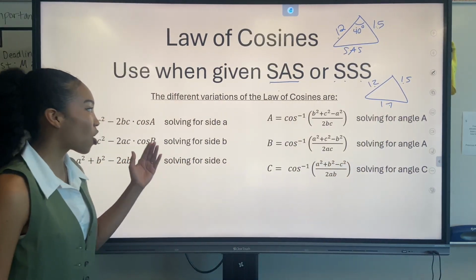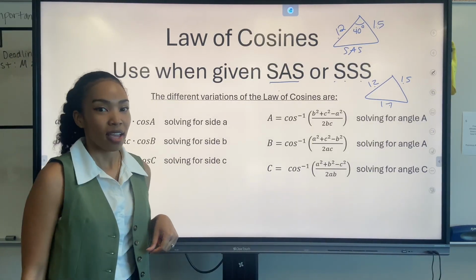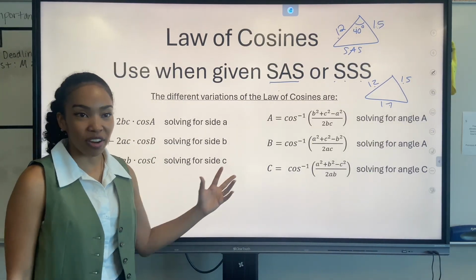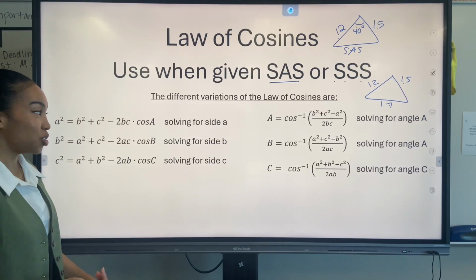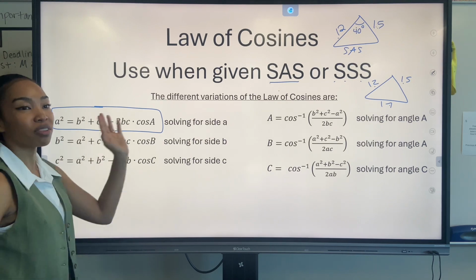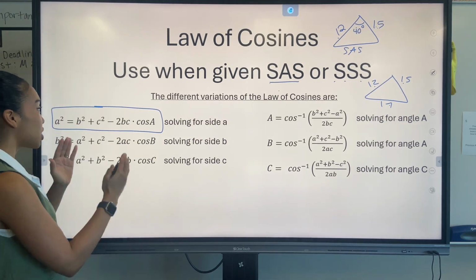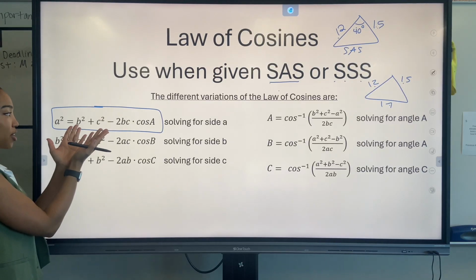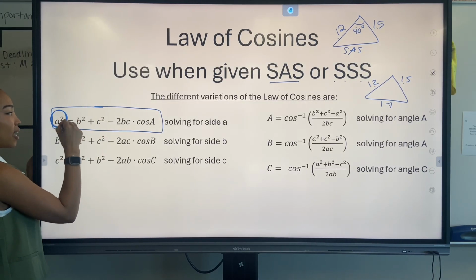And notice there are 6 different variations for law of cosines. You are not going to be given all of these variations on the test, okay? I recommend you to just memorize one of them, because if you know one of them, you can figure out the rest algebraically, okay? So just looking at this variation right here, notice if you're looking for side A, that